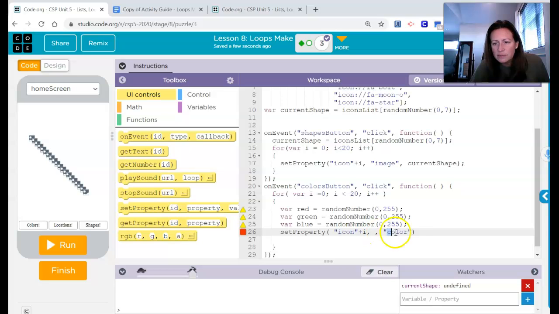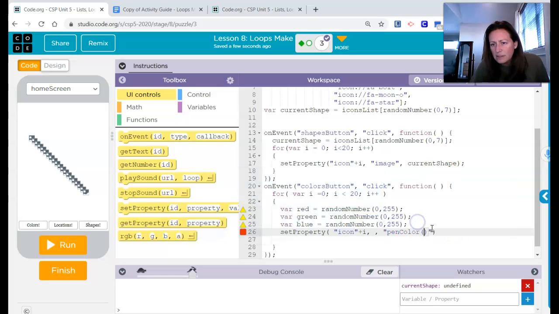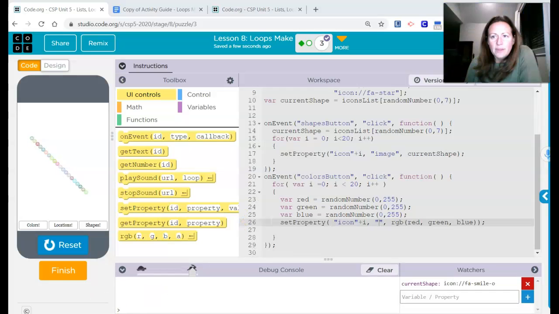Let me see, what is it? What is the options here? Is pen color? All right, pen color. And do I have to... Okay. Took me a little experimenting, but I figured out the property